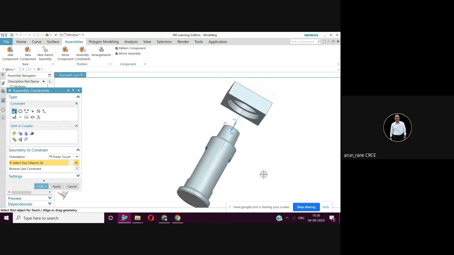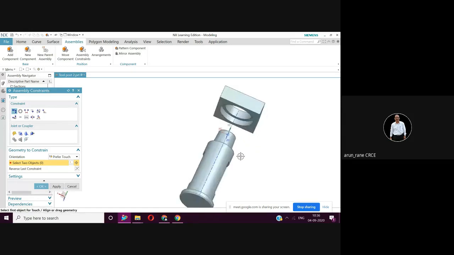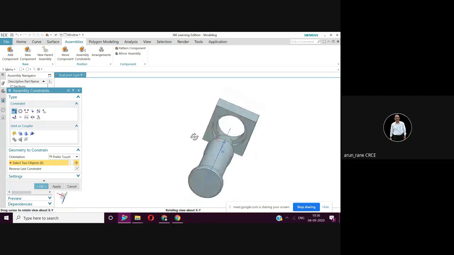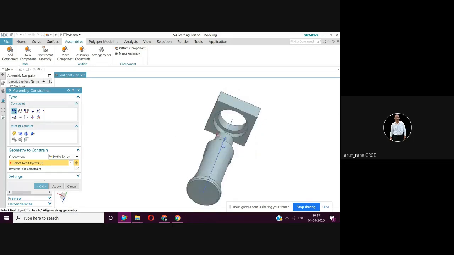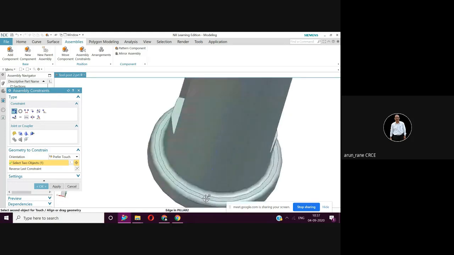Sir, I think you should use concentric. Yeah, I'll use concentric, otherwise I'll use this face. Let's take this face. I think it is because of the revolve command, isn't it? Yeah. So let me try with this face. Let me try one more time, that is touch align. Now let me select this face. Let us see. I'll zoom. I'll select this face. Probably this is a flat face.